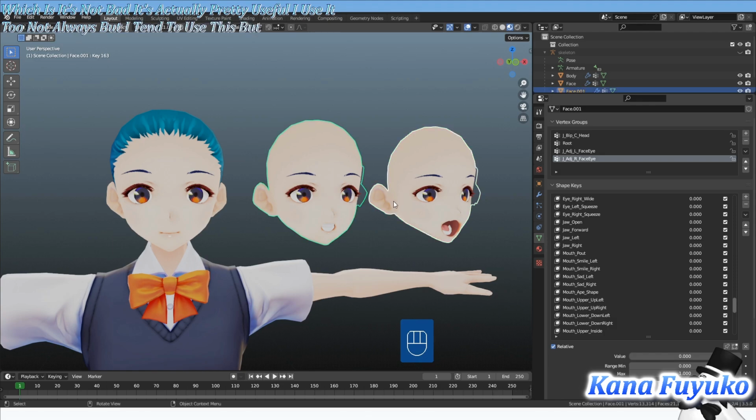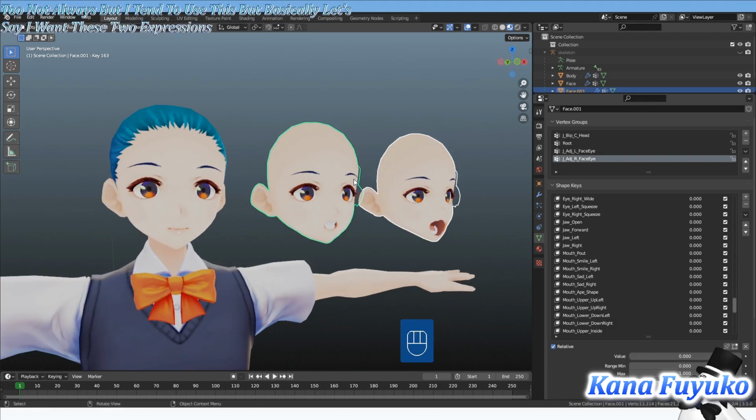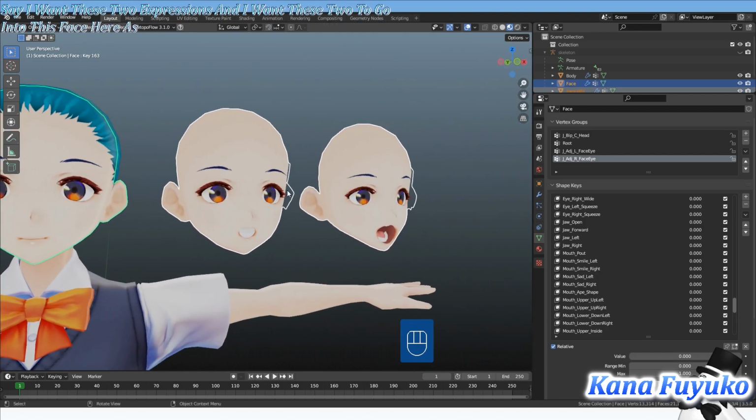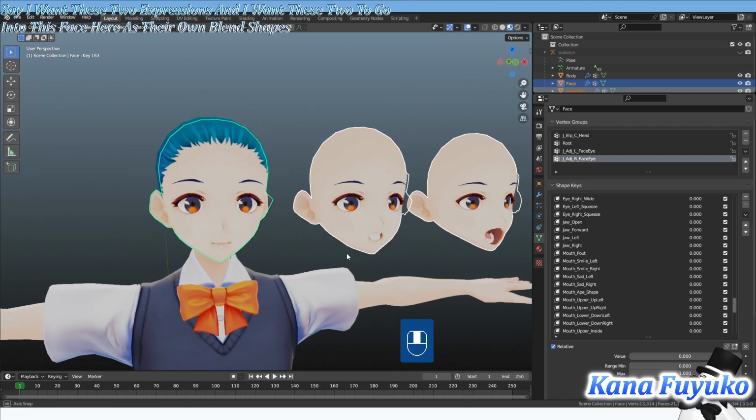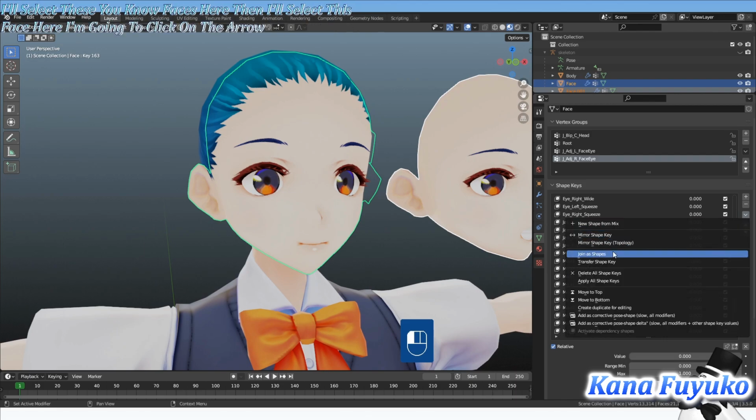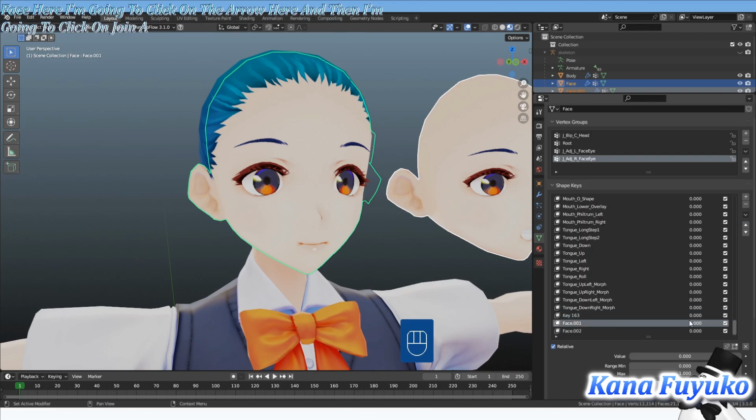But basically, let's say I want these two expressions to go into this face here as their own blend shapes. So I'll select these faces here, then I'll select this face here, click on the arrow here, then click on join as shapes, and basically you'll see that